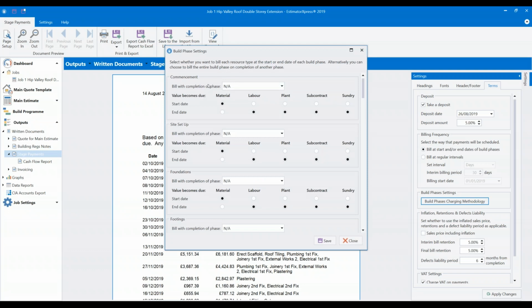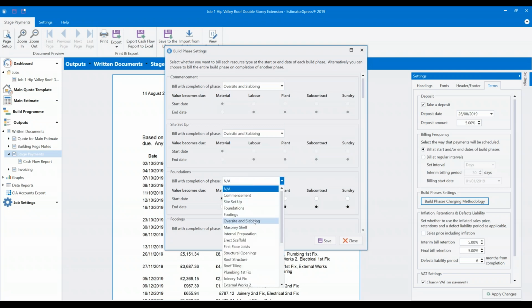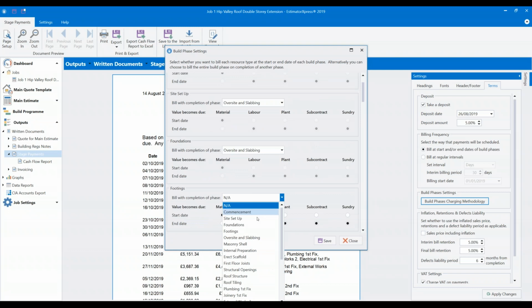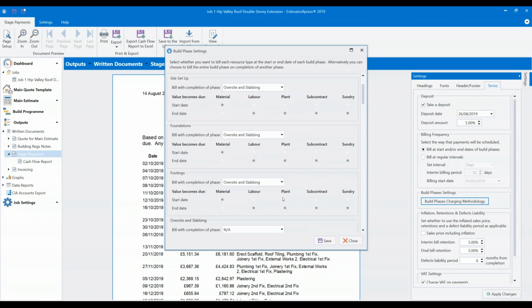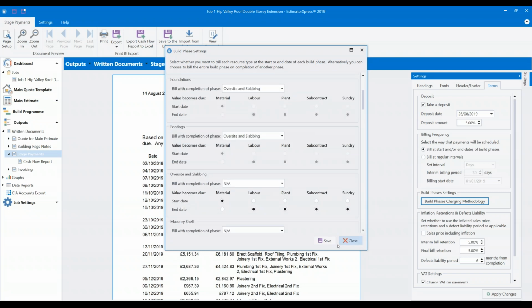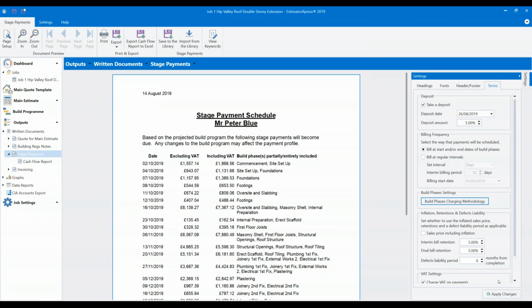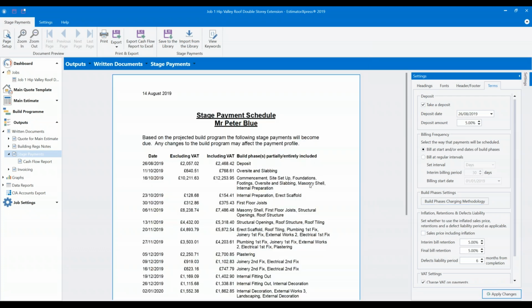So this means I can charge for commencement to be done at the same time as oversight and slabbing. So that is oversight and slabbing, my foundations as oversight and slabbing, and my footings same time as oversight and slabbing. If I save this and then apply,